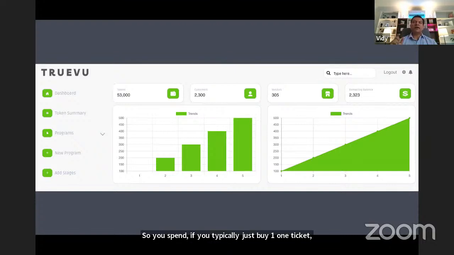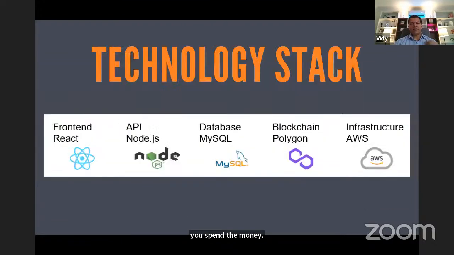But with this, you get some extra tokens, and as you spend more and more, you can collect more tokens. But this was just an incentive, or a hook, for tourists to start using it, so that we can start collecting their travel pattern when they're visiting different locations.